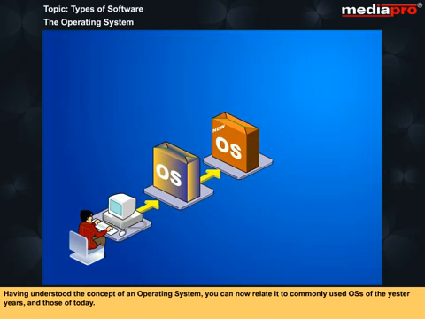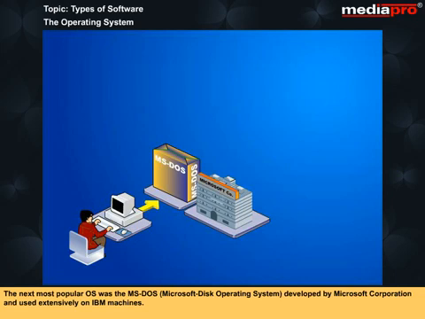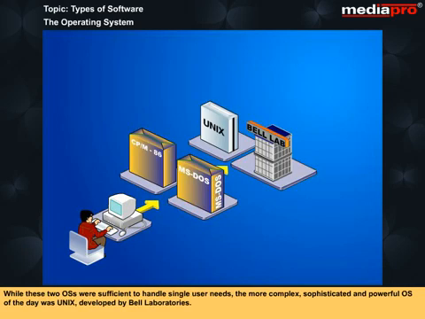Having understood the concept of an operating system, you can now relate it to commonly used OSs of yesteryears and those of today. The CP/M-80 was a popular OS for personal computers developed in 1970. It was later upgraded to the CP/M-86, although its use was restricted. The next most popular OS was MS-DOS, or the Microsoft Disk Operating System, developed by Microsoft Corporation and used extensively on IBM machines. While these two OSs were sufficient to handle single user needs, the more complex, sophisticated and